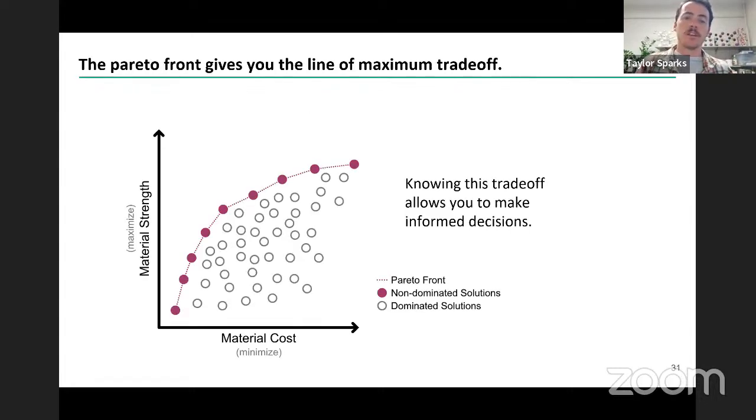But in reality, a better way to think about this is in terms of a Pareto front, which allows you to take your different parameters that you care about. In this case, since we're trying to maximize strength and minimize cost, we're trying to head to this upper left-hand corner. And what you see are these purple points, which are the materials, the solutions that exist on the so-called Pareto front. These are the non-dominated solutions, the best ones. And then you've got these gray data points, which are everything else, the ones that aren't better than the purple data points. And obviously I'm showing you here in 2 dimensions, but we could extend this to higher dimensions pretty easily.